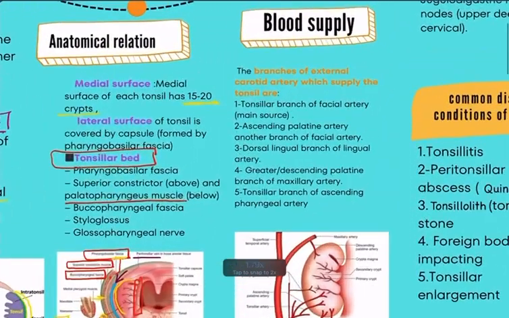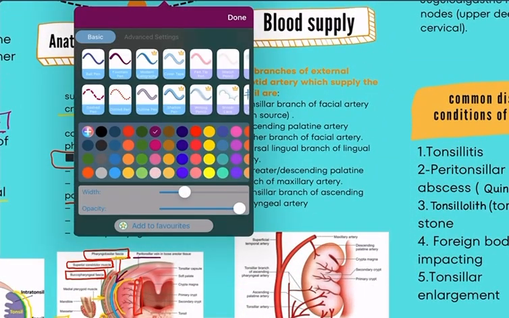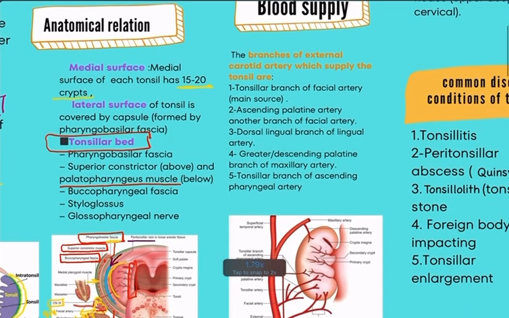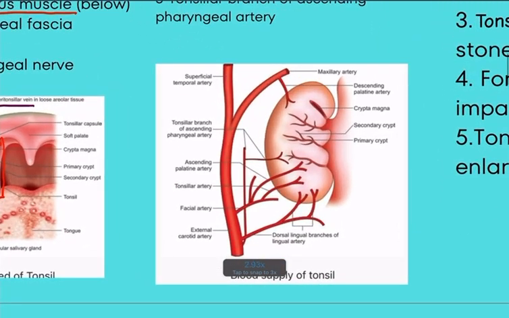Okay, so here it is about the blood supply of the tonsil. The blood supply of the tonsil is from the branches of the external carotid artery. We are going to take a quick overview of the external carotid artery, which is the main blood supply of the head and neck region. Here the external carotid artery ascends in the head and neck region, and these are the main branches of the